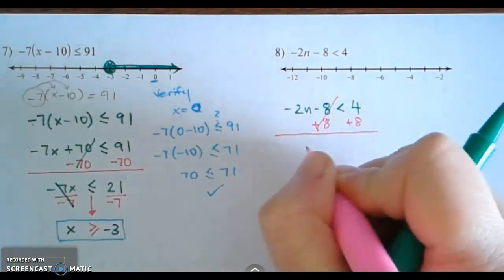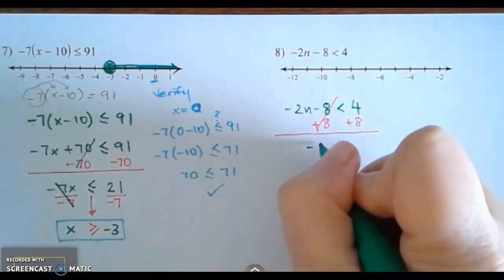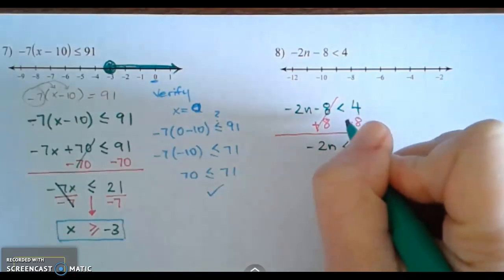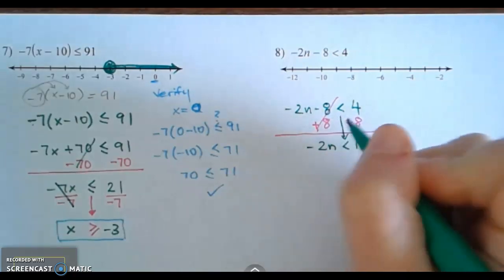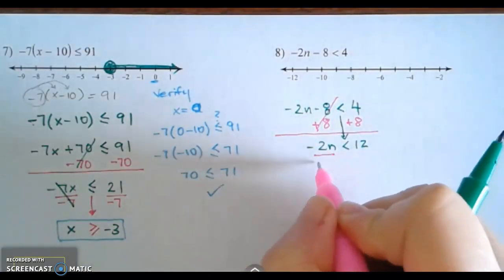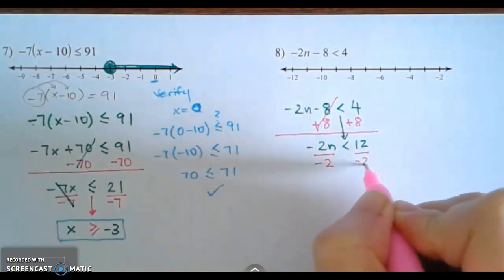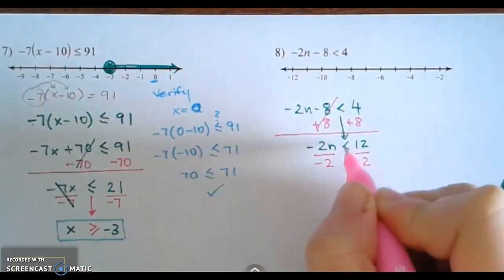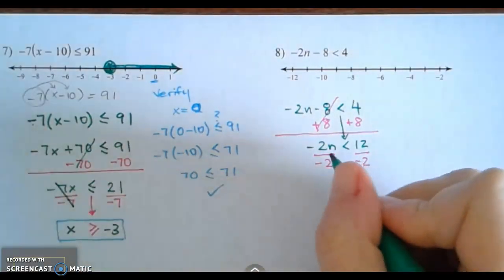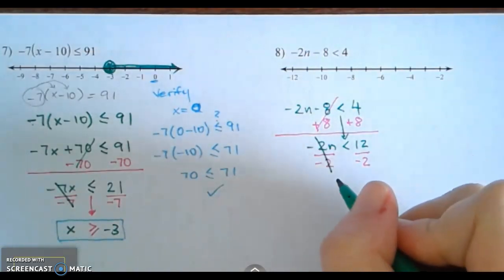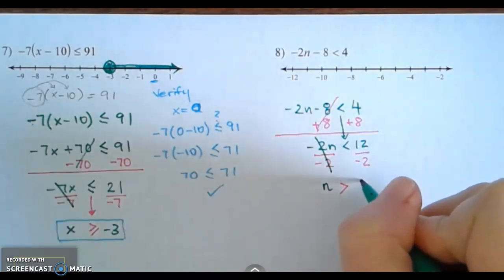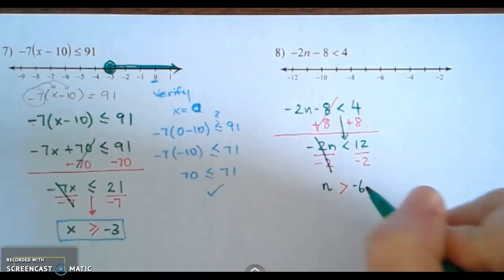And that disappears and you're left with negative 2n is less than 4 plus 8 is 12. The inequality symbol is preserved because we just added. Alright, then from here, I need to divide both sides by negative 2. Okay, now remember when you divide by a negative number, the inequality sign needs to flip. So it flips to open to the left hand side. Negative 2 divided by negative 2 becomes 1, and you have n is greater than 12 divided by 2 is